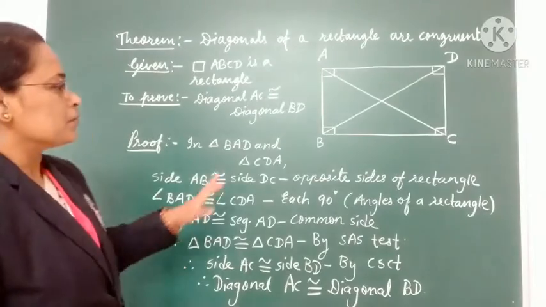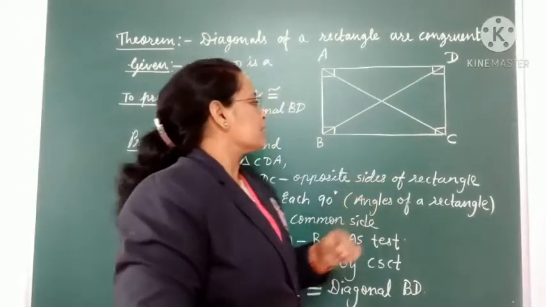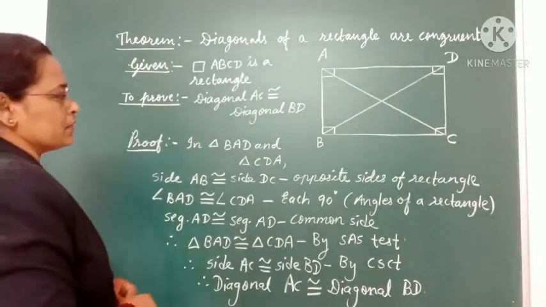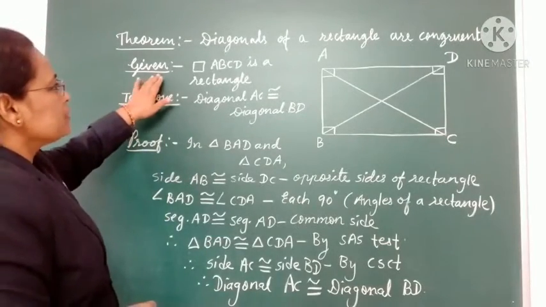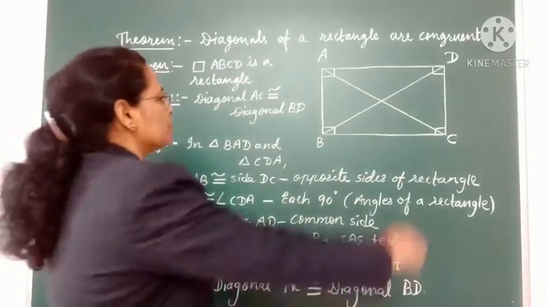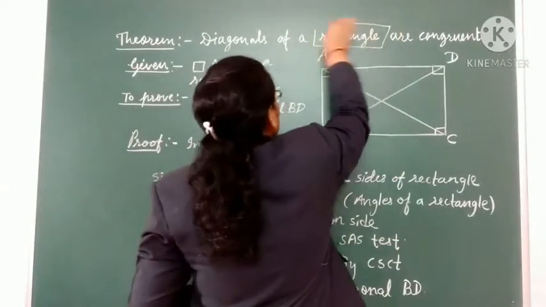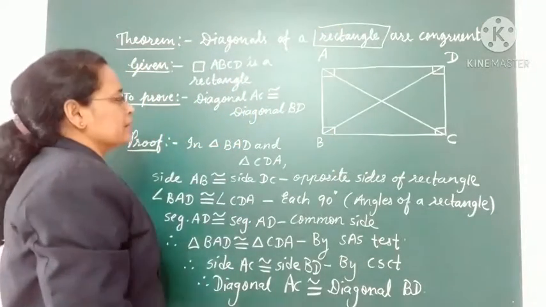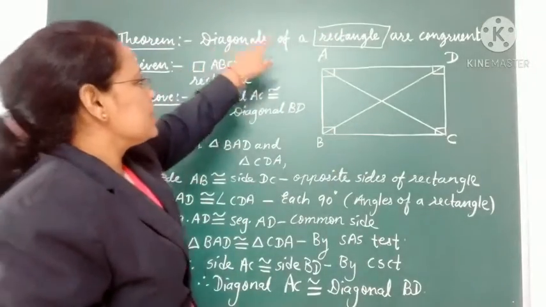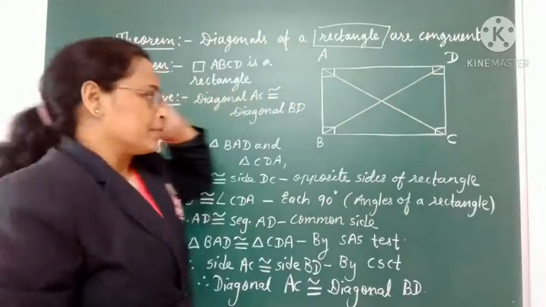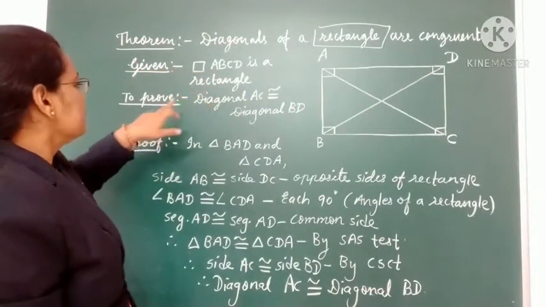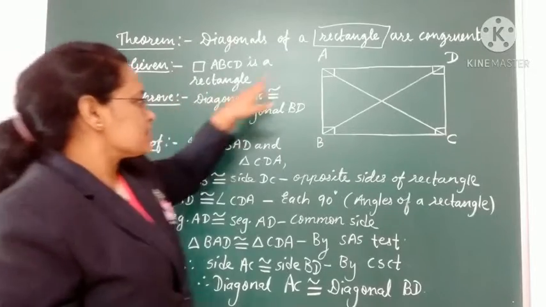So here we need to draw the diagram, that is the diagram of the rectangle. All the four angles of a rectangle are of 90 degree. Then what is given? The type of quadrilateral is given, that is rectangle. So it's a given thing, rectangle, and we have to prove the property, that is diagonals of a rectangle are congruent. So we'll write here in the given, quadrilateral ABCD is a rectangle, and to prove, diagonal AC is congruent